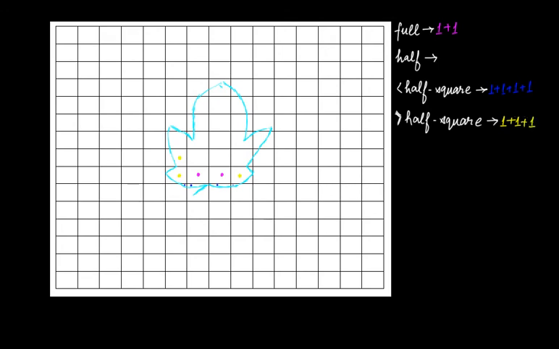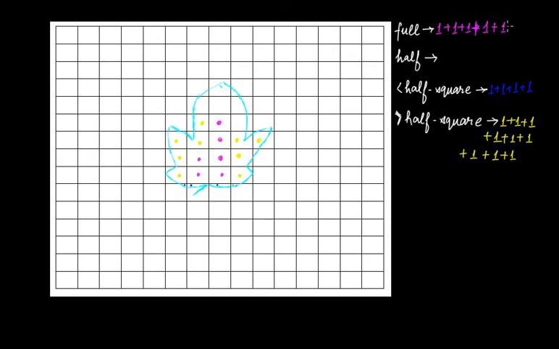then this is full, so plus 1, and this is more than half, plus 1, this is more than half, plus 1, this is also more than half, this square, plus 1, plus this is full, plus 1, this is more than half, plus 1, plus, and it's also more than half, this one also, plus 1, then this also more than half, if you look at this, it's also more than half, plus 1, and this